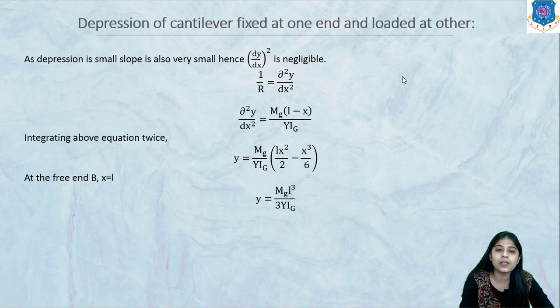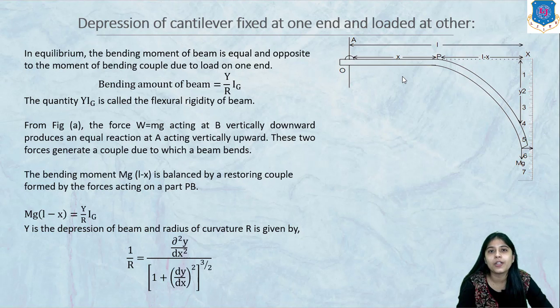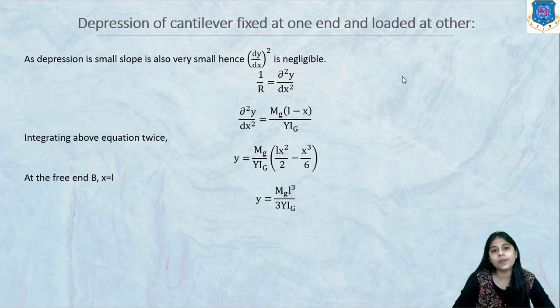So let us substitute this term 1 by R equal to d square y by dx square in the equilibrium condition, that is mg(L minus x) equals YIg by R. In this way we'll get d square y by dx square is equal to mg(L minus x) upon YIg. Integrating the above equation twice, we'll get y is equal to mg upon YIg times (Lx square by 2 minus x cube by 6). At the free end, if we take x equal to L, then y will be mgL cube